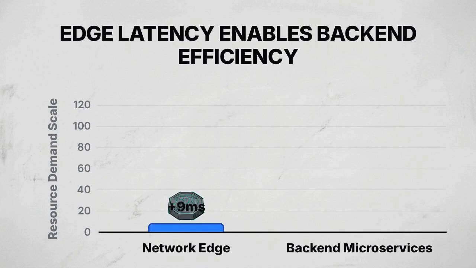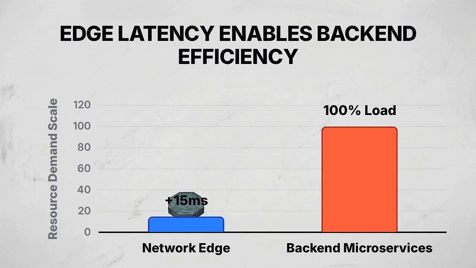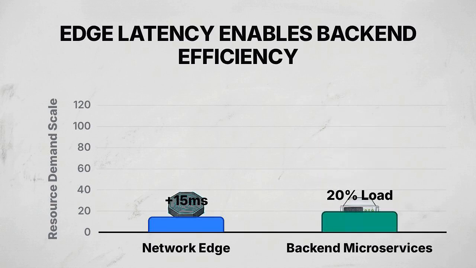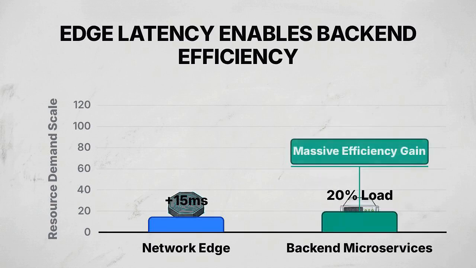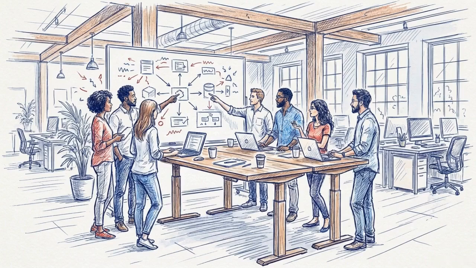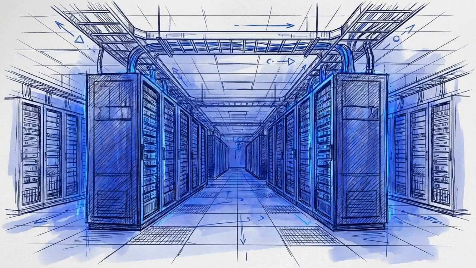The API gateway relies on a clear architectural calculus. By accepting a slight controlled latency penalty at the network edge, the system achieves massive security and compute efficiencies in the backend. Centralizing these cross-cutting concerns into a high-performance perimeter frees engineering teams from building redundant security checks. They can iterate on backend microservices independently, ensuring the reliability and scalability of the distributed system.